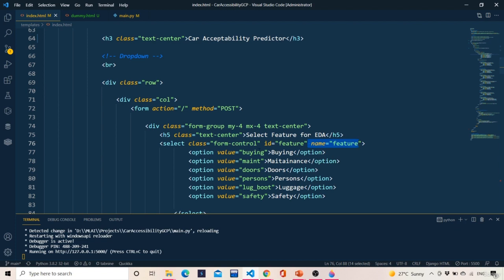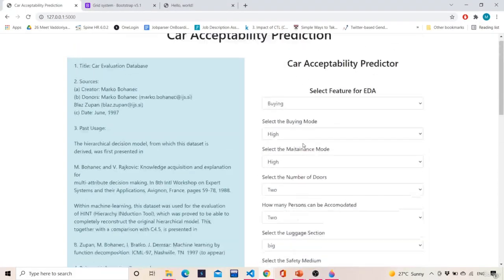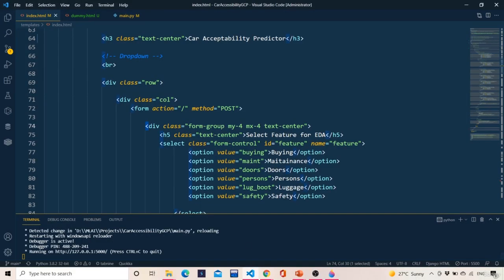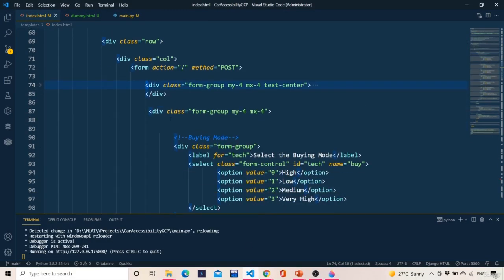So what is this? This is the selecting the feature for exploratory data analysis. I'll be discussing EDA when I talk about the post function which is defined under that route. It will come soon, but over here first you just understand the workflow of the form. This is the select box, which looks something like this, right? In this select box, 5 options are there, 5 options I have mentioned here. So this is one part, and the second part is all about the selection thing.